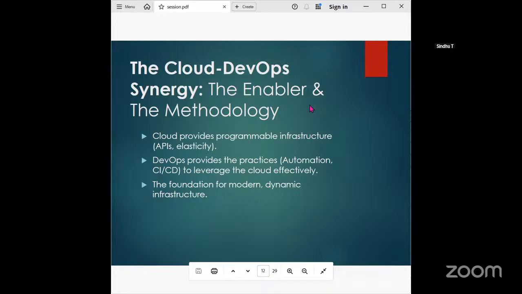So it's the cloud DevOps synergy enabling the methodology. In this practice, we have CI and CD, right? Automating the build, test, and deployment process to reduce the manual intervention. Next, infrastructure as code. By automating infrastructure provisioning and management, teams can create software environments using predefined templates, reducing the configuration error. If we use predefined templates, it reduces the time as well as the configuration error.